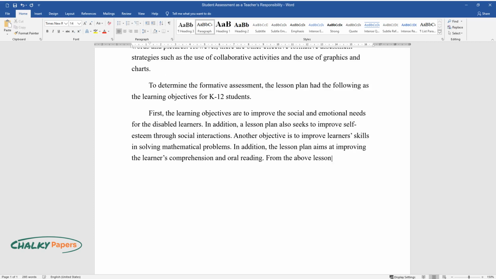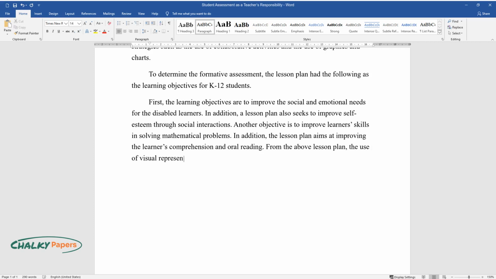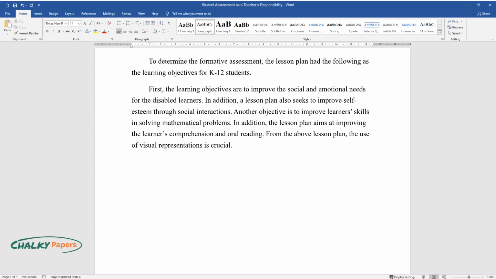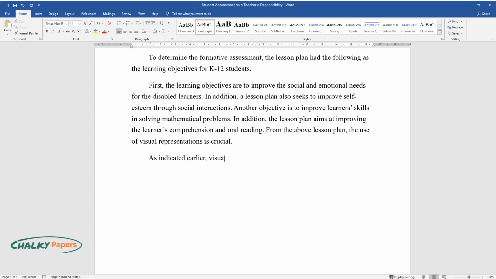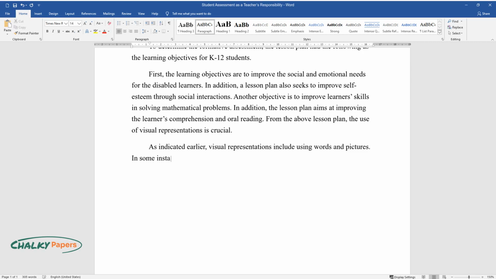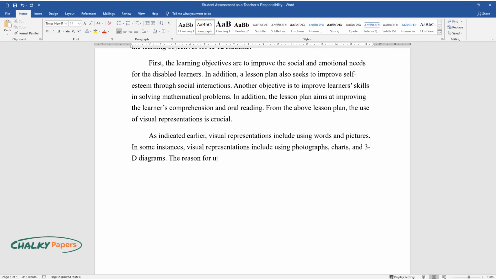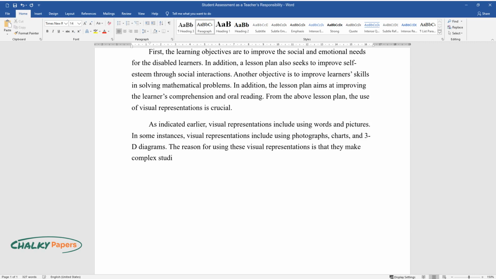From the above lesson plan, the use of visual representations is crucial. As indicated earlier, visual representations include using words and pictures. In some instances, visual representations include using photographs, charts, and 3D diagrams. The reason for using these visual representations is that they make complex studies, especially in science and mathematics, seem accessible